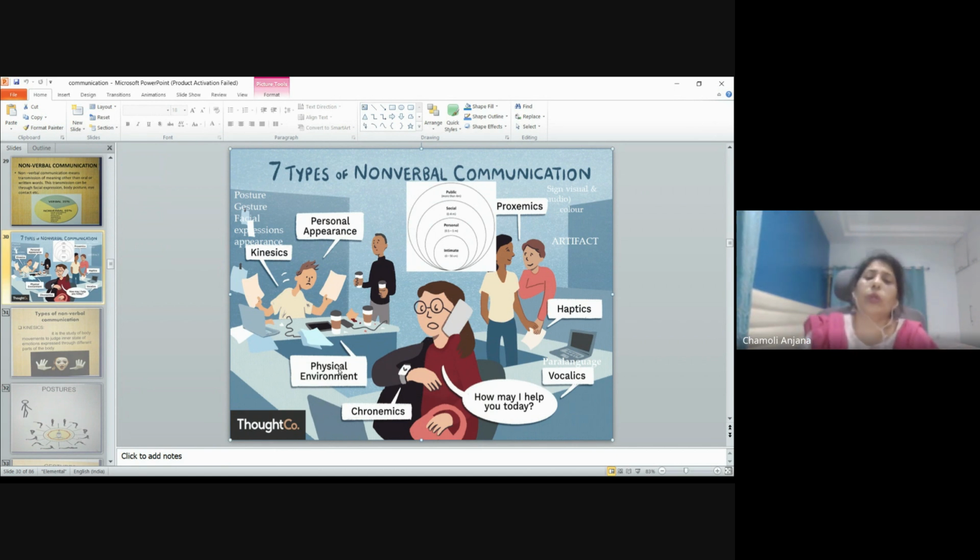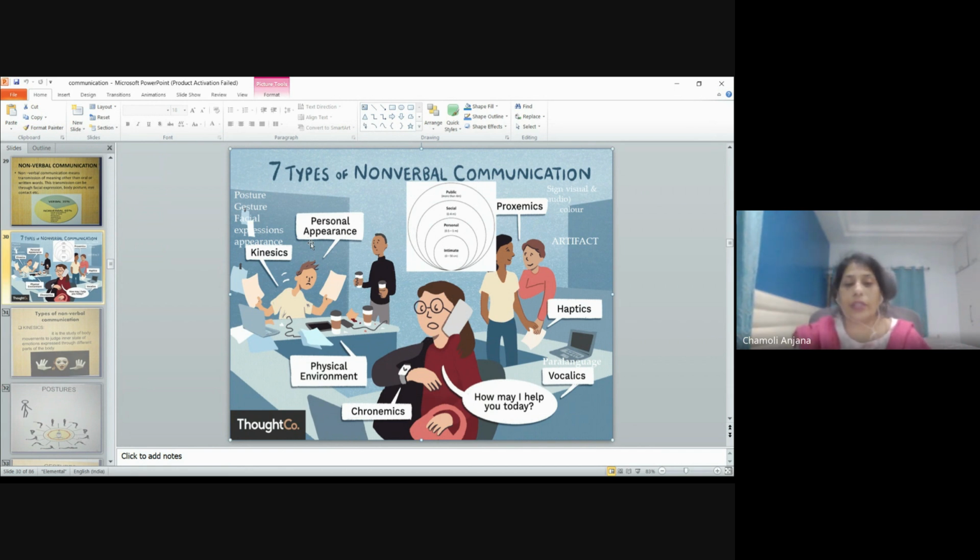When you come to the clerk or a normal employee, they have a small cubicle or a small normal place to sit. So when you compare these two, the comparison can give you the power and the status of the respective people in the organization. Same thing goes with the personal appearance. The appearance of the person also talks about the person.